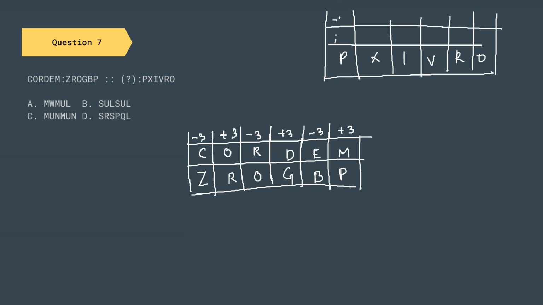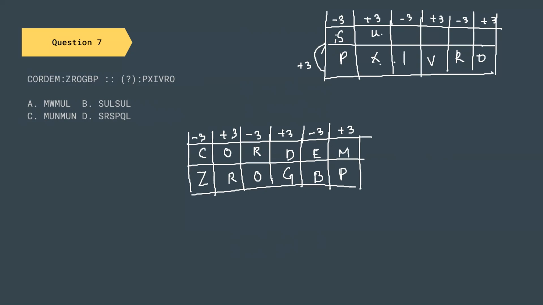And we know the pattern is minus 3, plus 3, then again minus 3, then plus 3, then again minus 3, then again plus 3. So there is a particular letter from which we are subtracting 3 to get P. So we have to add 3 to P. If we add 3 to P, we are going to get S. So this is actually your plus 3. Similarly, if we subtract 3 from X, we are going to get U. Then only if we add 3 to U, we get X.